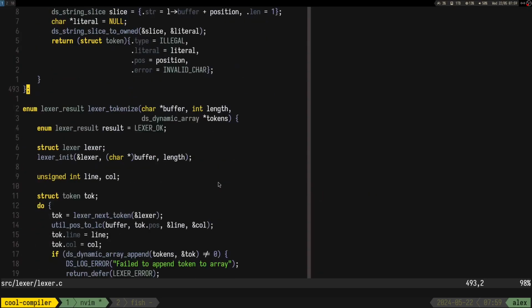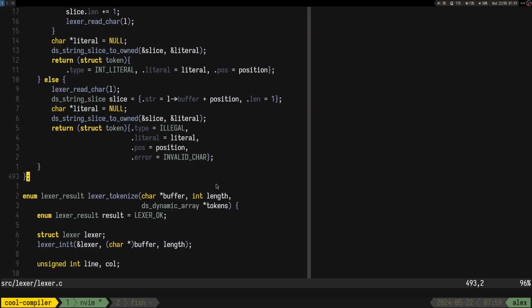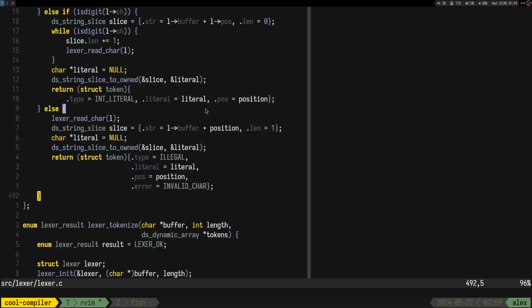Okay, let me see how I handle the illegal. So even though I read a char, I took the char from the position.